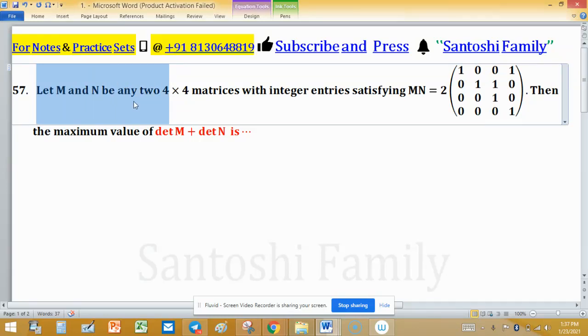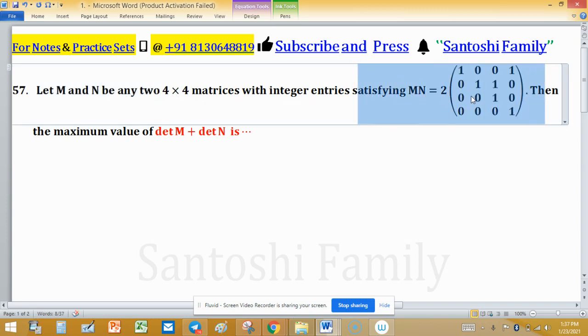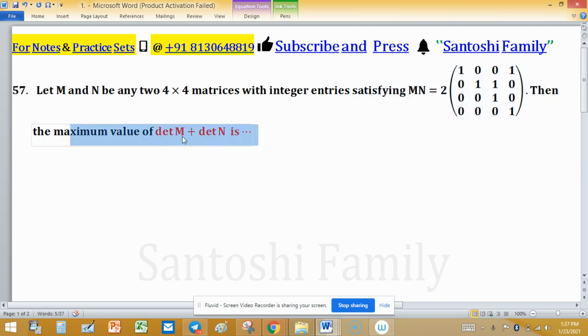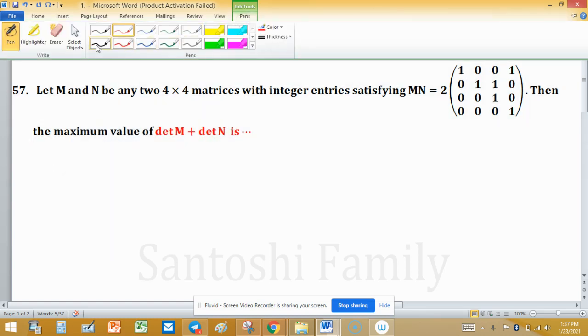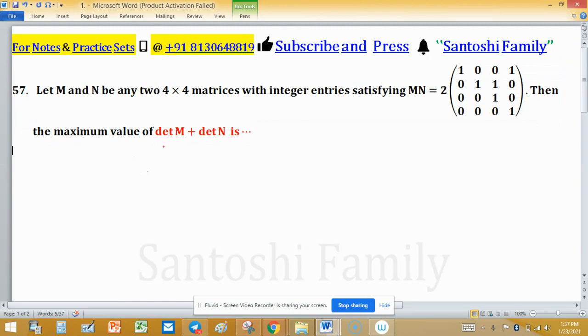Let M and N be any two 4 by 4 matrices with integer entries satisfying MN equal to 2 times this matrix. Then the maximum value of determinant M plus determinant N is... We have to find the sum of determinants of matrices M and N, and we know that the product of determinants